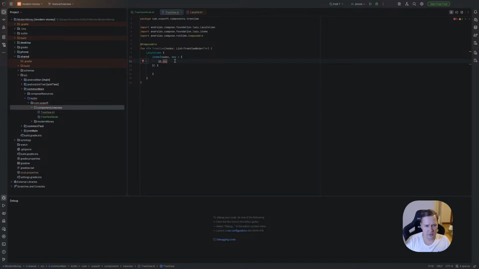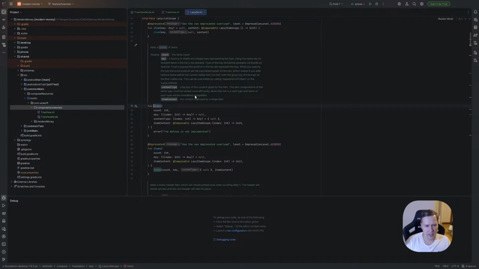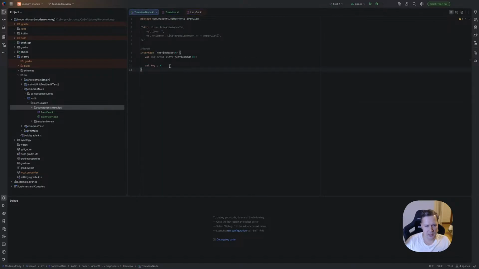What is wrong? Yes, but why can it be nullable? Okay. So what will we do here? Here we'll go to nodes. Yeah, and we need state. Yeah, we need val expanded, and it's boolean.